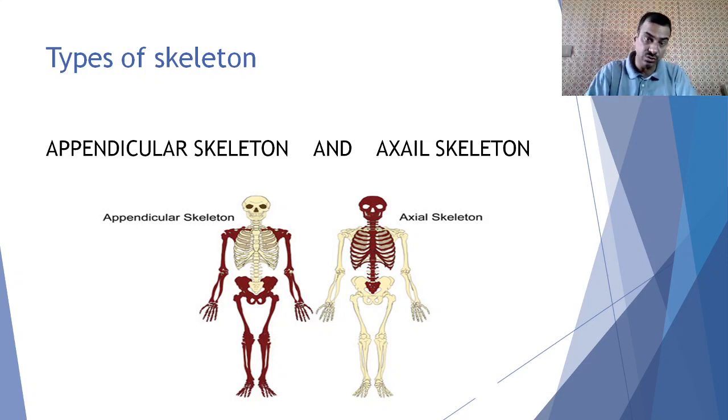Dear students, do you know how many bones we have? Yes, we have 206 bones in our body. Normally during fetal life, bones are more, but later they fuse to each other and become 206. So our skeleton is divided into two parts, appendicular skeleton and axial skeleton. Axial skeleton consists of central bones which are skull, ribs, vertebral column and sacrum. And appendicular skeleton consists of bones of hands and bones of legs.